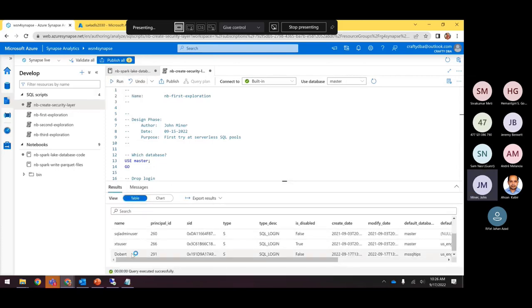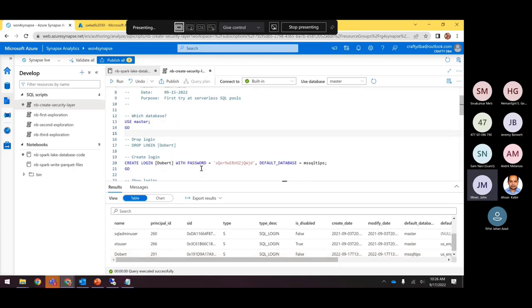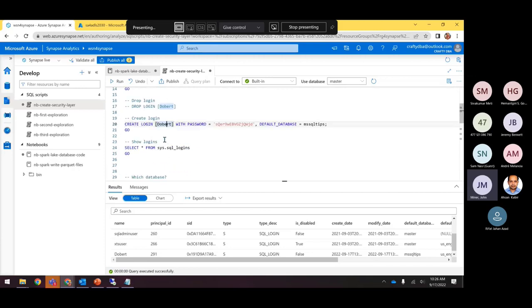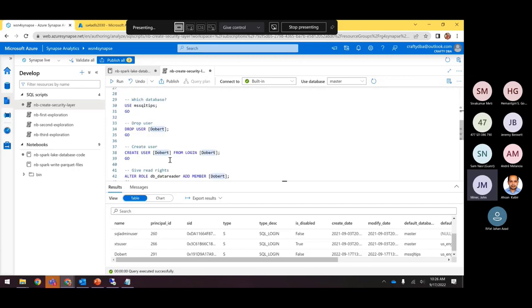And guess what? I can see Dogbert. Maybe that's the reason why. Dogbert's supposed to have a G in it, right? But I did Daubert. Anyways, again, being up late. So this shows you the SQL logins. This shows you the drop user, create user,